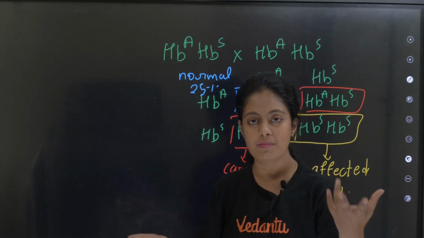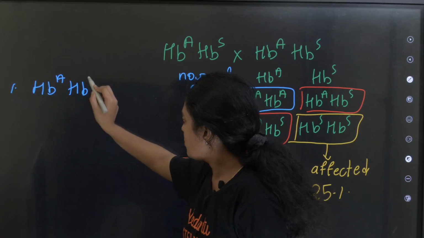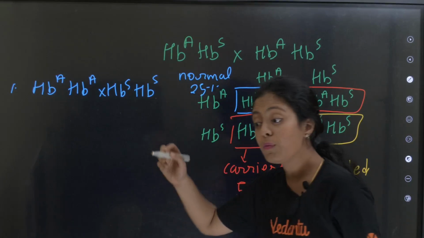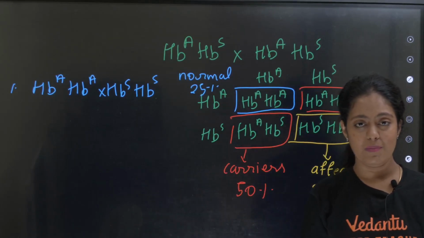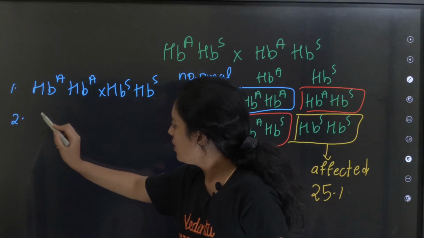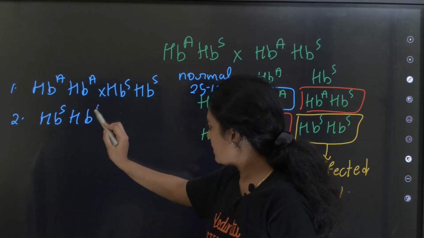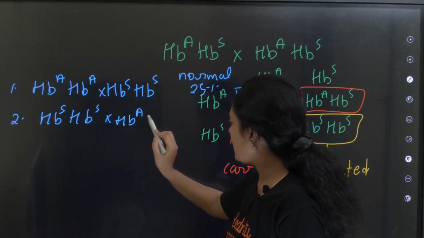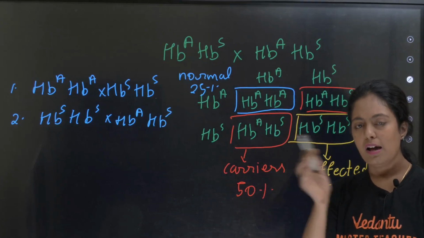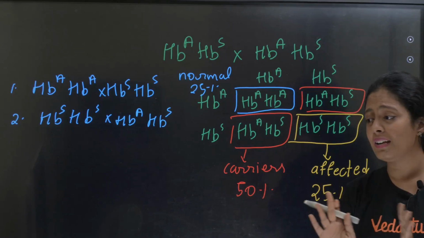So you can take down some homework problems and let me know what kind of progeny is there if HBA into HBS. What will be the probability of getting affected female or affected male? அது மாதிரி questions எடுங்க. Okay, next you have HBS, HBS marries a carrier HBA HBS. இதுல வந்து நாலே நாலு probability தான் வரும. Okay, normal, affected, normal okay, and then carrier, normal. அந்த மாதிரி நாலே நாலு probability தான் வரும், and you can practice and you will be thorough with this.